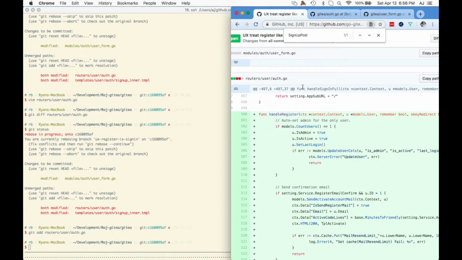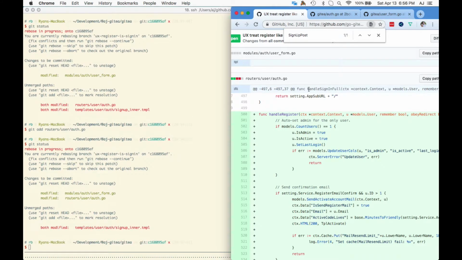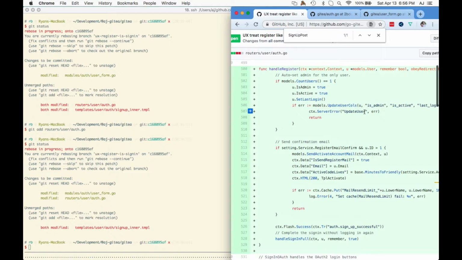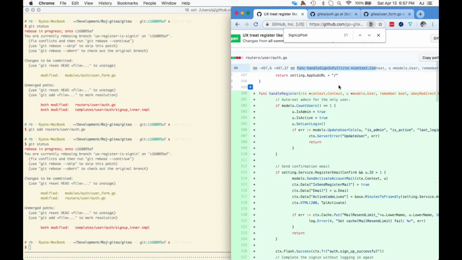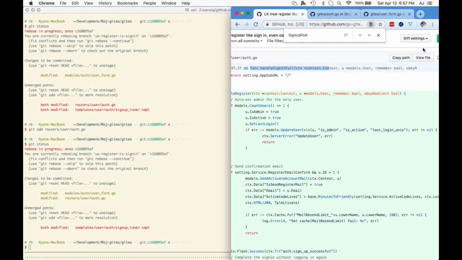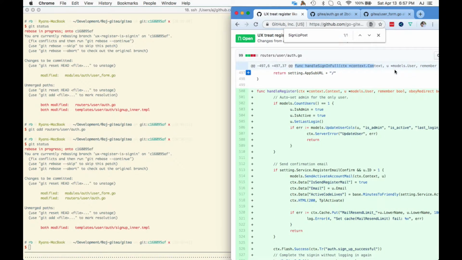Yeah, and what I was saying before to answer your previous question, see this handle sign-in func right here? This is what I meant by the git diff is smart, because it knew to put a useful comment in here of what function it's related to. Could that be a thing specific to Go? It could be. It could be like a Git plugin that's specific to Go, or it could just be looking for brackets and saying generically languages generally have an opening and closing brace, so I'm just going to look at where braces are. I can't see them being that clumsy with it.